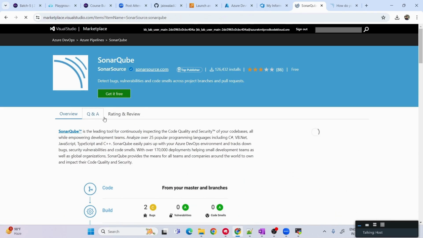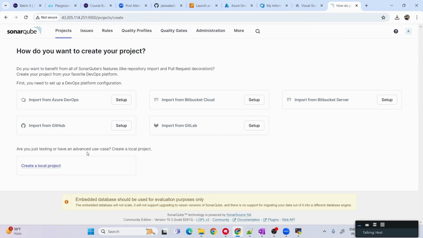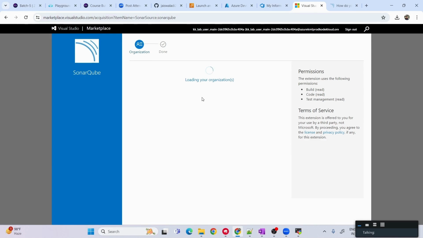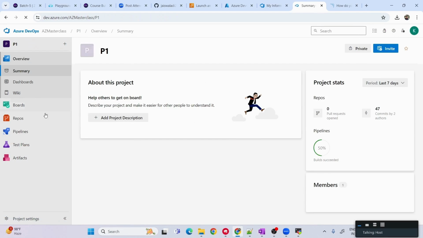I can click on this, click on get it for free, and it's going to ask me whether I want to install this extension in our Azure DevOps platform. So let's wait for this to come. In case you have multiple organizations, you can expand the list, select one and click on install. Since I just have one organization at this point, I'm adding it. And now it's added. So we can go back to our organization, go to project, pipelines,